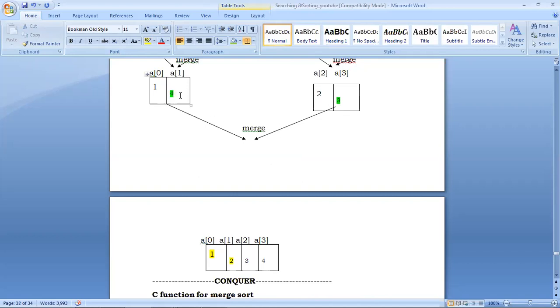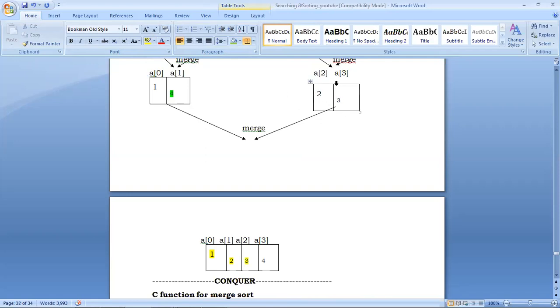Now the middle part contains 2 values, 1 and 2. Now the first part contains one value, that is 4. The second part contains one value, that is 3. Now the first part's second value, that is 4, is compared with the second part's second value, that is 3. Between 4 and 3, which one is smaller? 3 is smaller. So copy 3 to the middle part. So I copied 3 to the middle part. Now 1, 2, 3 are copied. So the first part contains only 4, that is, the second value of the first part, 4, is remaining.